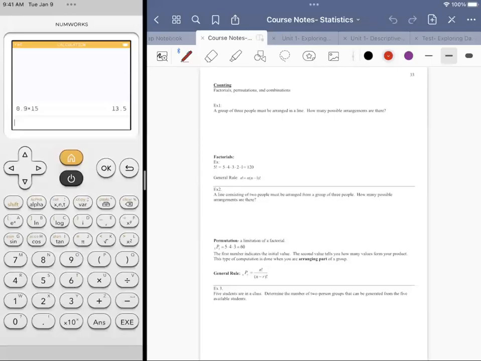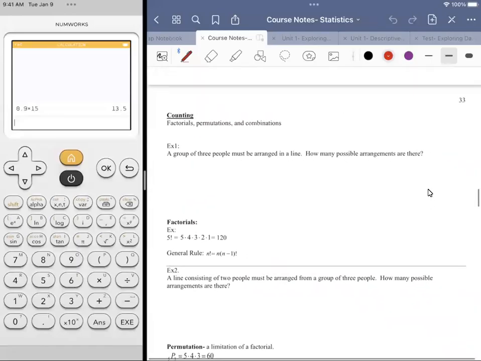So counting, not as easy as it sounds because counting 1, 2, 3, 4, 5, not quite that. But if you think about it as the ability to count large quantities fairly quickly, that's probably a reasonable definition. But we really just look at it as these three different types of calculations: factorials, permutations, and